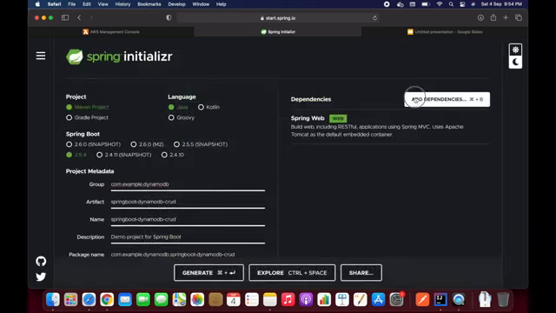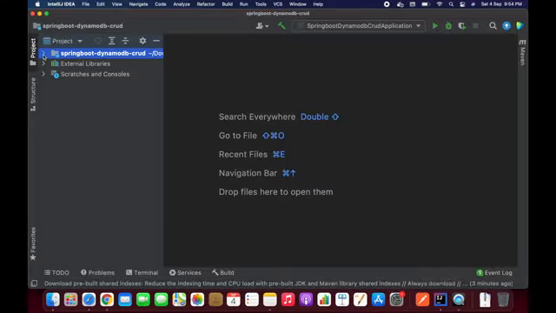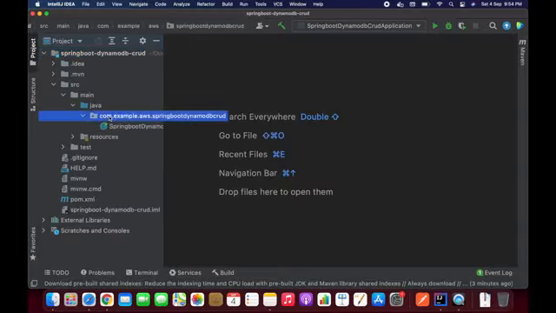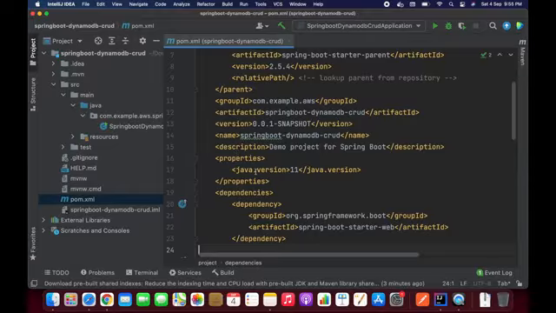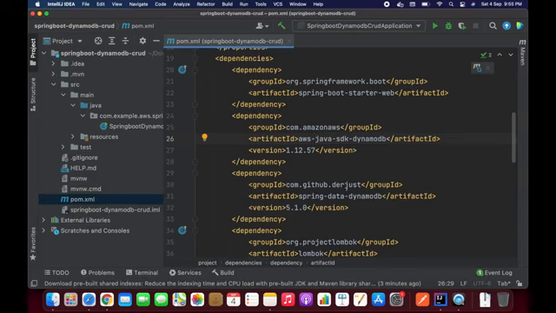Now let's add a few dependencies. One is the Spring Web dependency, and after that let's add the Lombok dependency for setters and getters, and generate this project. Then import it into your IDE and open our code. To work with DynamoDB, first of all we need to add two dependencies: the AWS Java SDK DynamoDB library, and if you want to work with Spring Data DynamoDB, you can add that dependency as well. Okay, and let's refresh this,